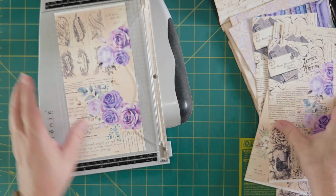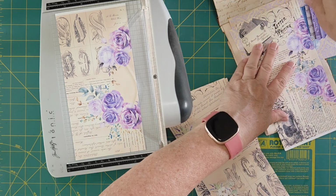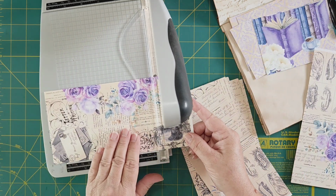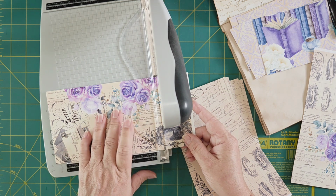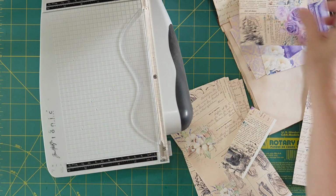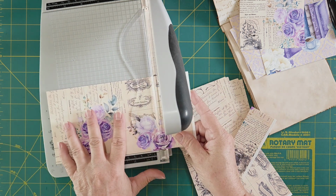And I am going to have to cut every one of them down because they're too high. So I'm going to have them come about right here. Let me see what that is. That's about 6 3/4. So let me make a mark. It doesn't really matter, because they're all going to be on different pages. So I'm okay with that. And then I have to decide whether I want the top or the bottom to go. And we're just going to be